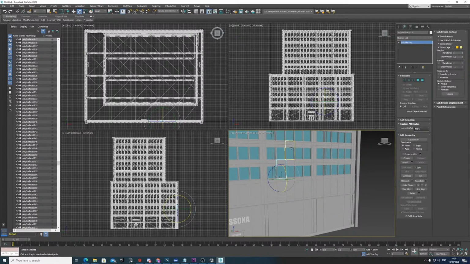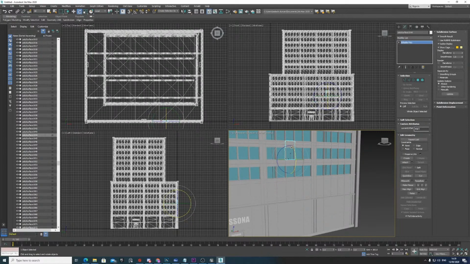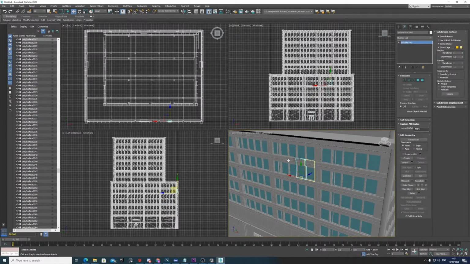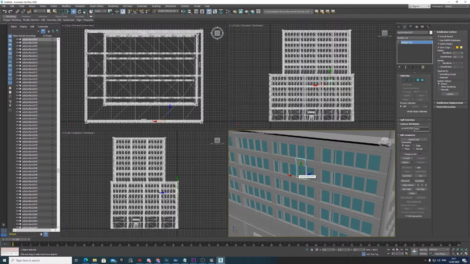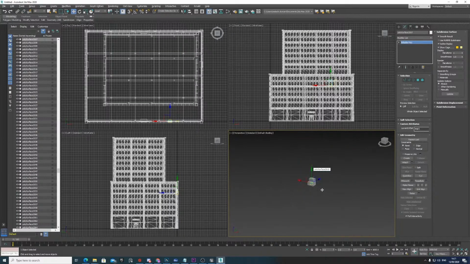But if you're anything like me, you may have started this process in another software package like Maya or Blender. If that is the case, then what you have to do is make sure that before coming into 3ds Max, you have taken everything out of its groups, deleted its history, and froze its transforms, and then exported and imported it into 3ds Max. And that way, you should find that if you have set pivots somewhere else, then your pivots still translate over to 3ds Max. And then finally, just for a very last sanity check, you should select everything